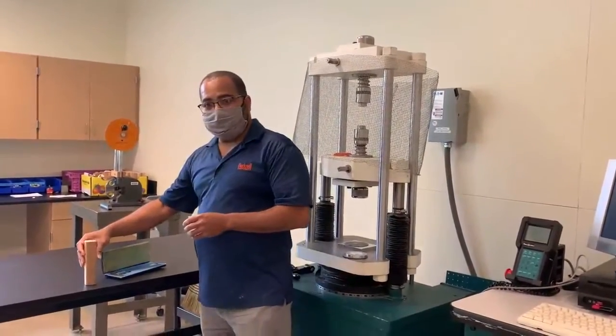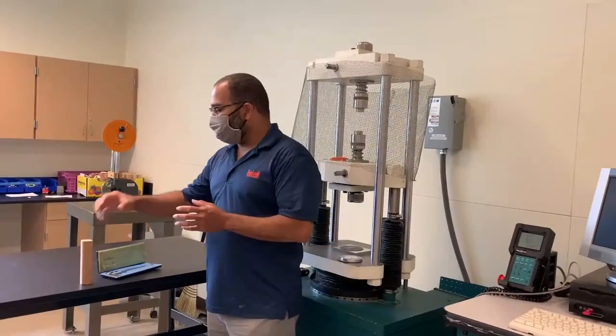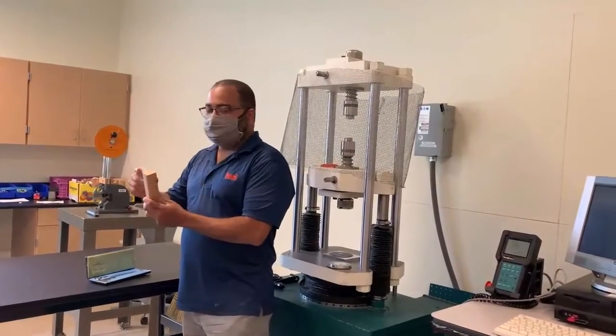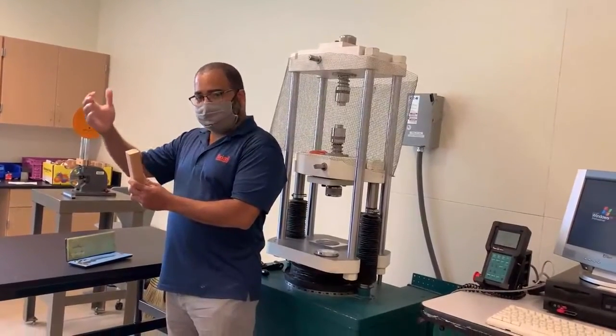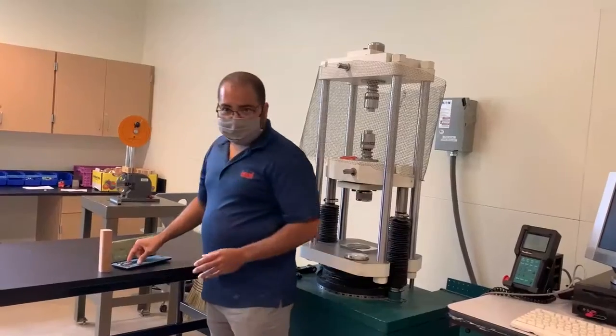One of the things you want to make sure you do, because if you're going to run this test, you're probably going to have more than one sample, is make sure your samples are labeled. If all is red cedar, you also want to label them number 1, number 2, and number 3 if you have 3 samples. All the things you might need